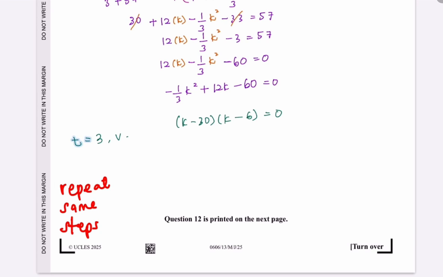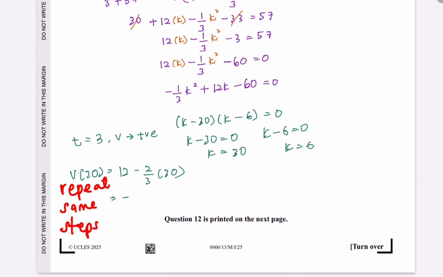Our v must be positive. k minus 30 equal to 0, so our first k is 30. And when k minus 6 equal to 0, our k is 6. Then v is going to be 12 minus 2 over 3 times 30. That will give us negative 8. It doesn't fulfill our condition. And if k is equal to 6, so 12 minus 2 over 3 times 6, this one will give us 12 minus 4, which is 8. So this is our